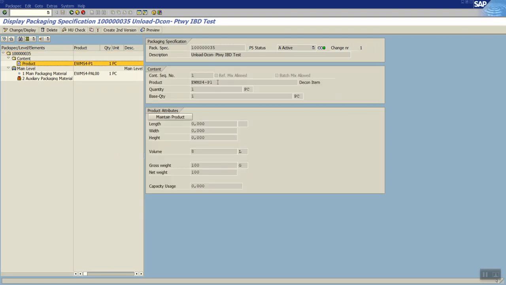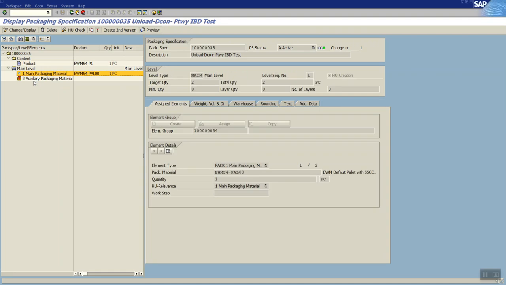So mainly we will assign the product here, and then, as we have seen, the element types we have defined as main packaging material and auxiliary material. If we go into our main packaging material, we can see the packaging material, which is my main packing.